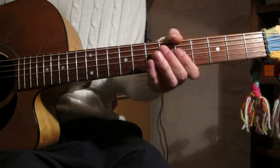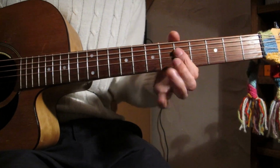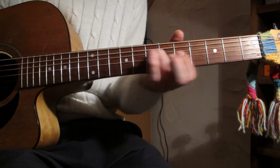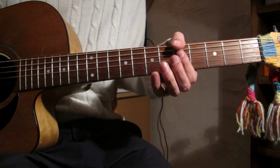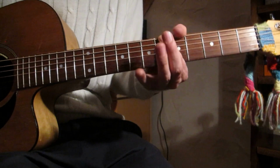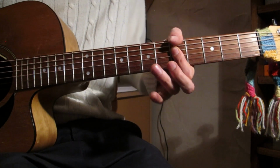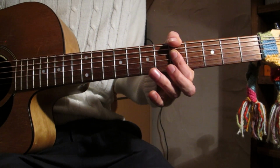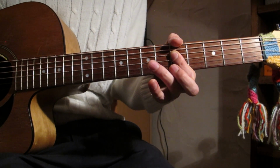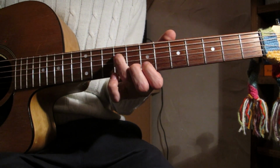Right, the A. Okay, so another quite long lick. We've just come out with that. And we're going to go, you've picked that 5 on the bass. You're going to pick the 5th fret of the D, hammer onto the 7th, slide it up to the 9th,